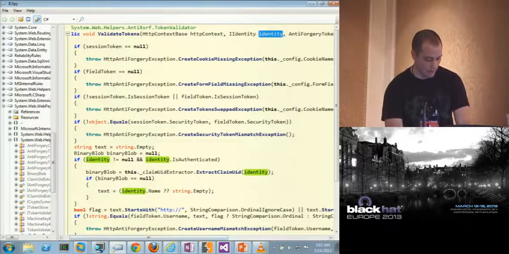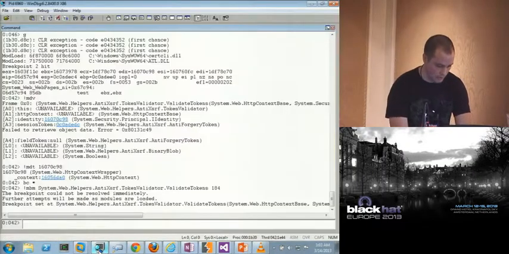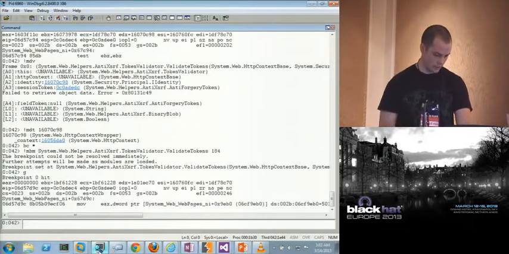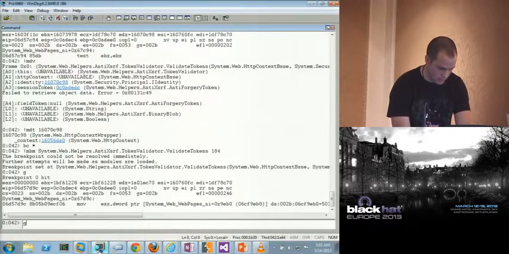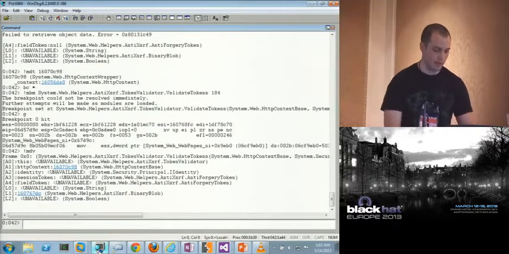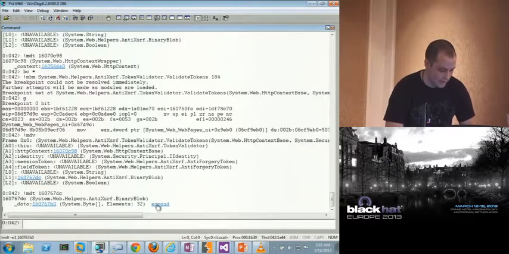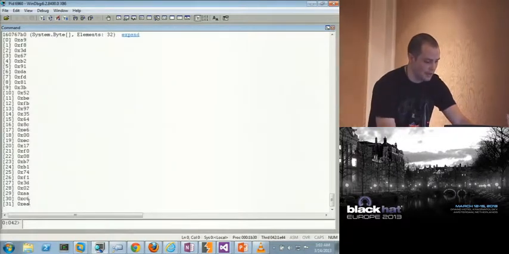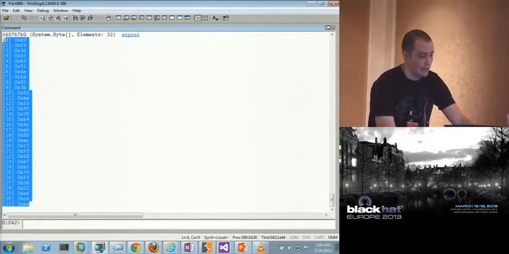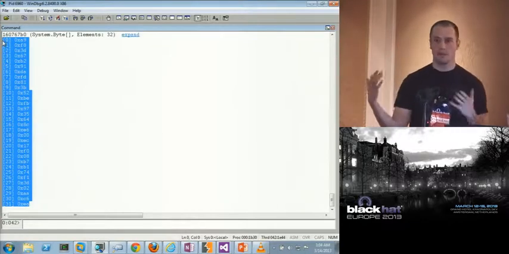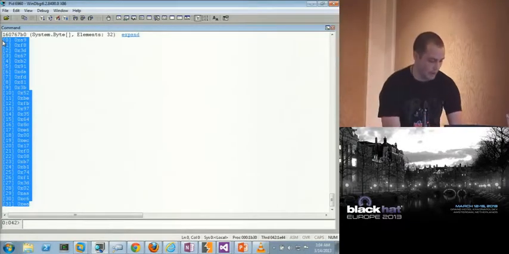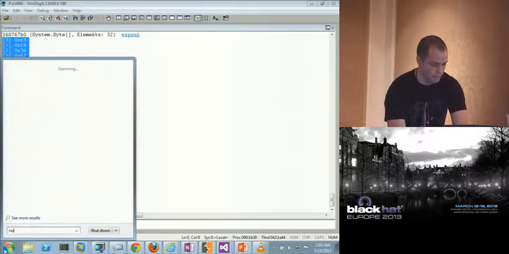And so if we go back to WinDBG, we hit this breakpoint right off because it's later in the code. So we can see this binary blob, expand it, and it's actually pretty meaningless. Well, it's not meaningless, but it looks random because it's our claim UID, so it's unique per user. Let's copy this to Notepad.